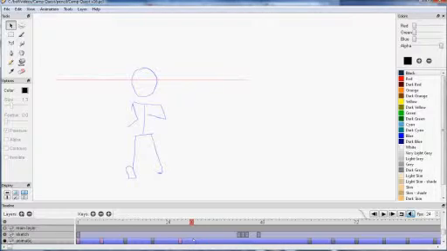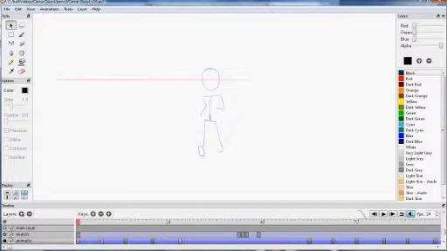Okay, he'll have to come to a stop at 30. Well, no, actually, he hears it at 30, and then he'll come to a stop a couple of frames later. So I'll worry about that later. Right now, I'll just do all the in-betweening, and I'll do all of that in time delay. So let me get all these